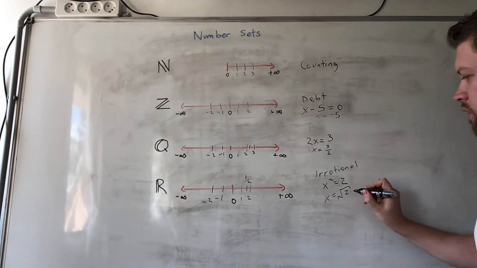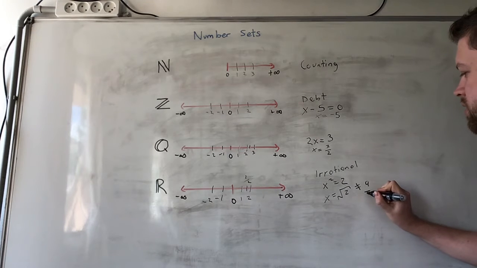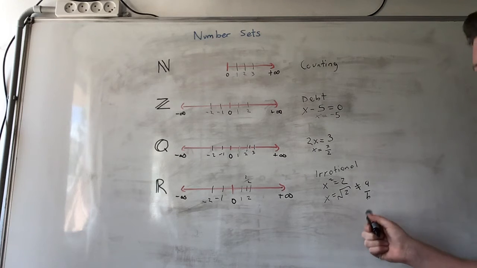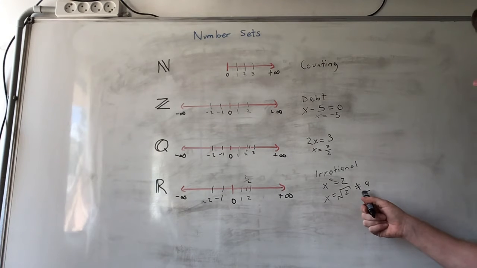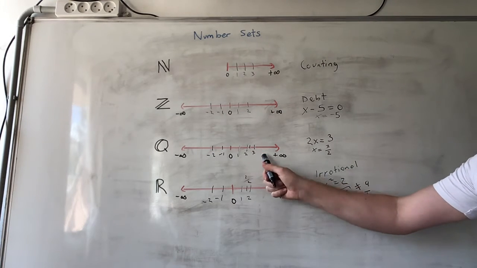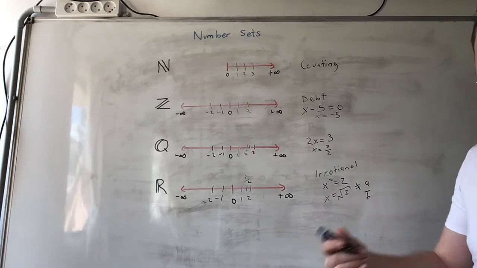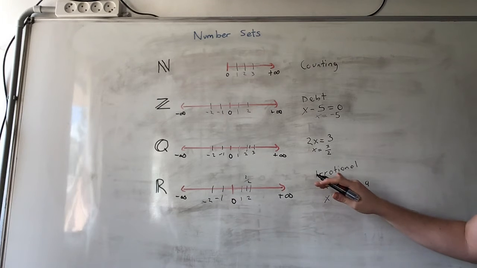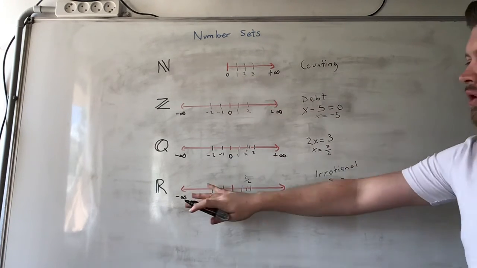But the square root of 2 cannot be written as a fraction of some a over some b. This is a famous proof in mathematics. You usually do it in first year of university. You cannot express root 2 as a fraction. Therefore, it's not a rational number, and it's certainly not an integer or a natural number. So it's some new number. And when we add irrational numbers to the rational numbers and the integers and the natural numbers, we form